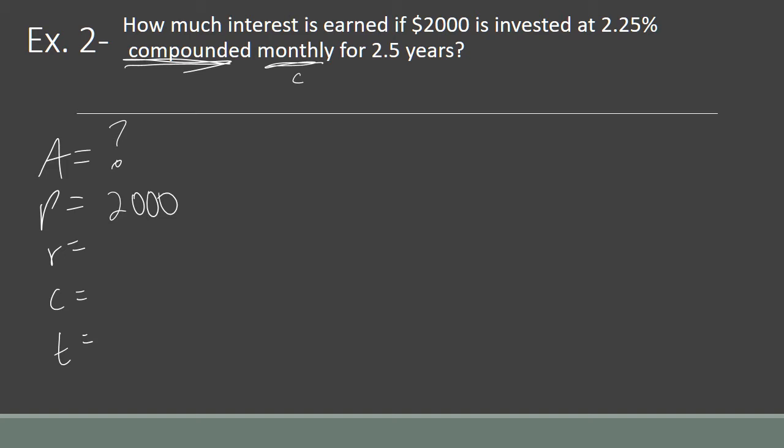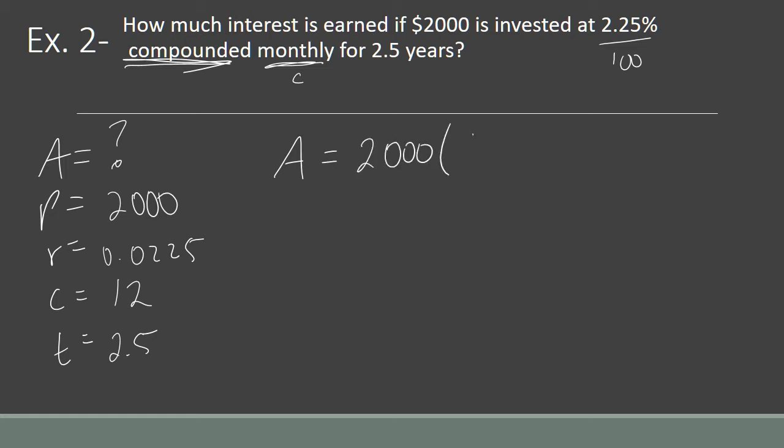My interest rate, don't forget to divide that by 100. So you should get 0.0225. My C value, monthly. Monthly, what number is that? How many months are there in a year? Hopefully you're shouting out 12, times 2.5. Plug that into our formula. A equals 2000, 1 plus 0.0225 divided by 12. And then our exponent, C times T,